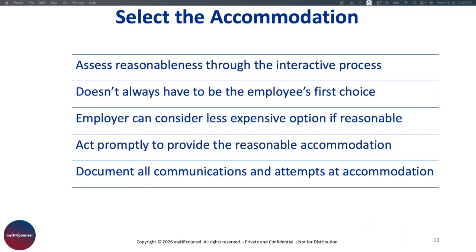And if you offer alternative suggestions and discuss those with the employee, it doesn't, again, have to be specifically what they ask for. What you provide as an employer has to remove the workplace barrier and be reasonable. If more than one accommodation is available, know as an employer that it's permissible for you to choose the accommodation, as long as it's effective, that is less expensive or burdensome, is easier to provide, or requires the employee to remain on the job instead of providing unpaid leave. So you do have some wiggle room as an employer to not necessarily, again, provide the exact thing they ask for.